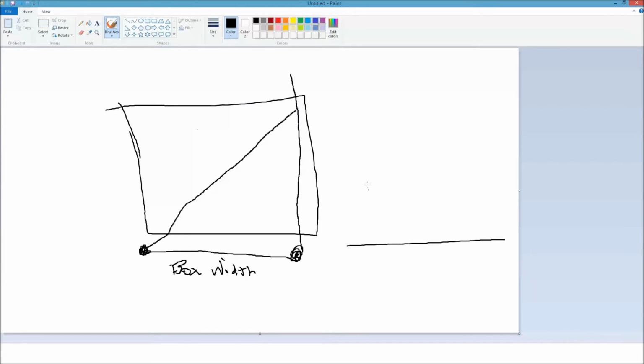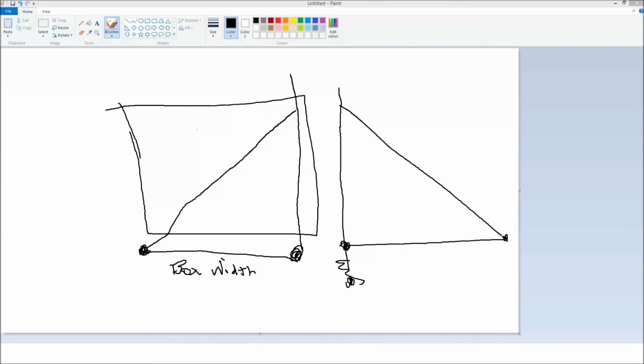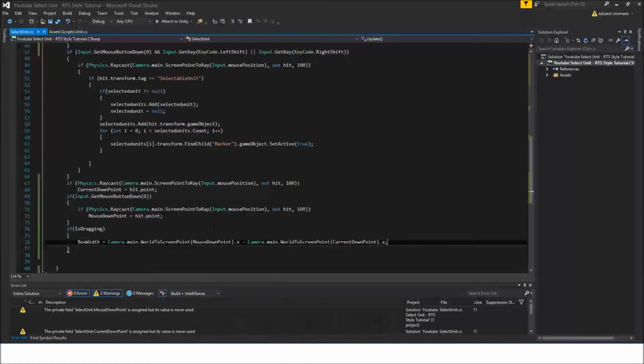You can click down here and drag this way. All it's caring about is this position right here. So that's all it's doing. Sorry about my poor graphic, but you generally get the idea from this. So we go back here,